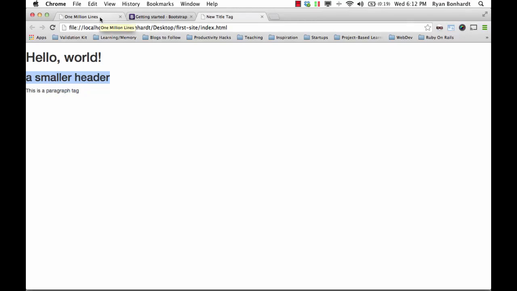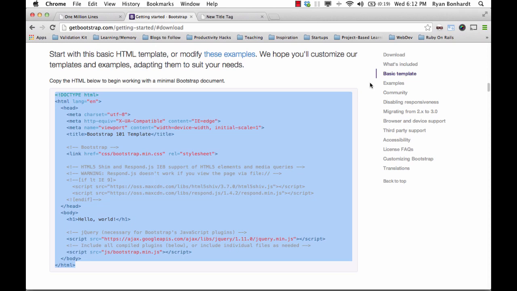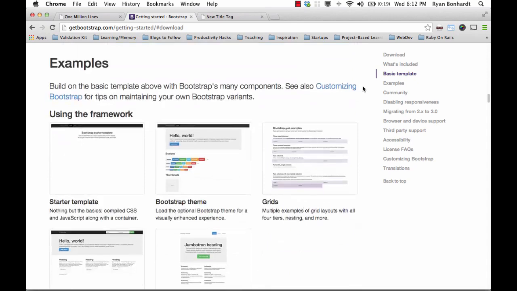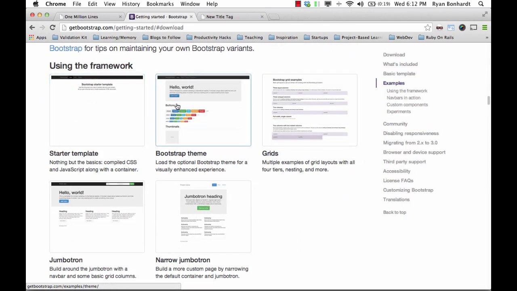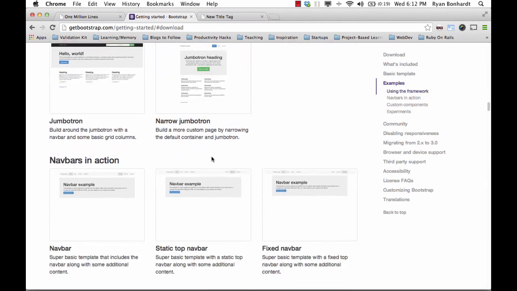So our site currently looks like this, and obviously we want it to look like this 1millionlines.com site. The cool thing about Bootstrap is they give us some templates to get us started. So far we've used this basic template, and right here it says start with this basic HTML template or modify these examples. So we're going to go down to those examples they're talking about, and you can see them all right here. You have the starter template, Bootstrap theme, grids, and they give you templates for all types of